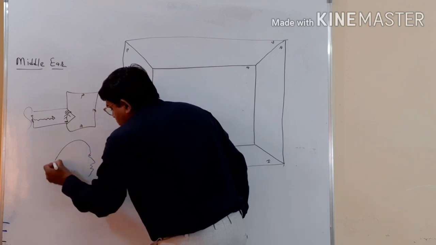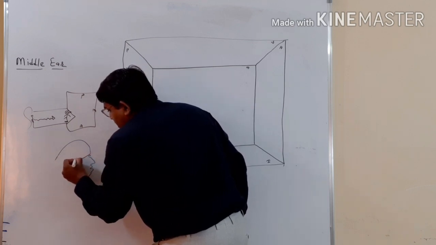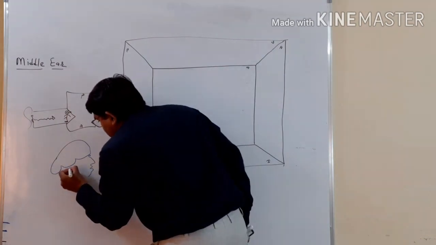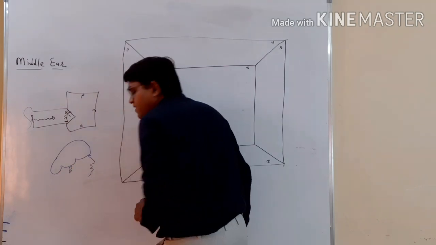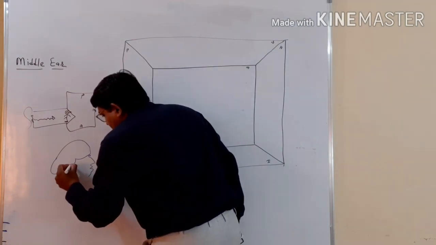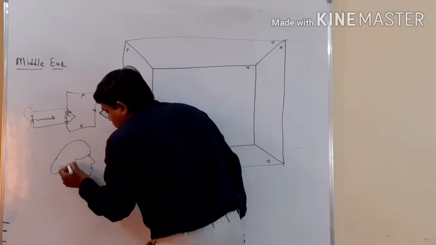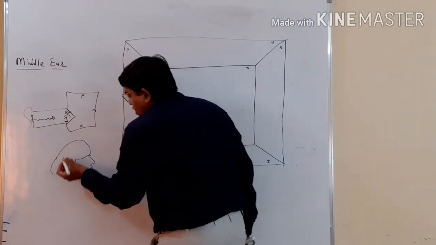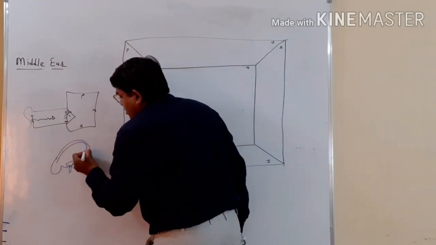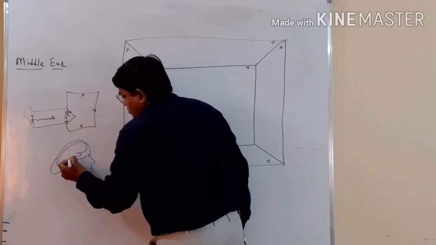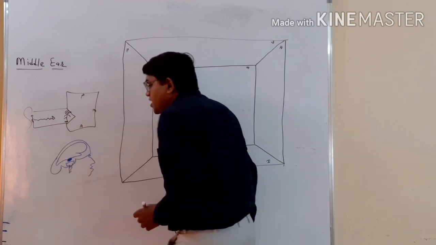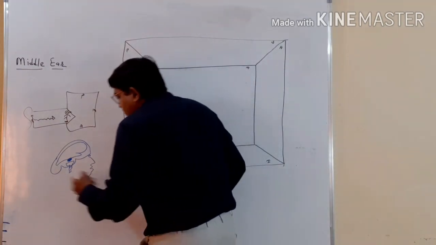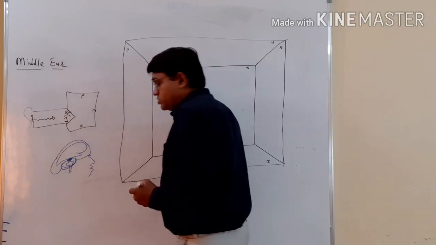Okay, so here is the cranial cavity: the anterior cranial fossa, middle cranial fossa, and the posterior cranial fossa. So here is our beautiful ear. Sorry, this is the external acoustic meatus, and this is the middle ear cavity. Superior to the middle ear cavity, there is the temporal part of the cerebrum, and it lies in the middle cranial fossa.